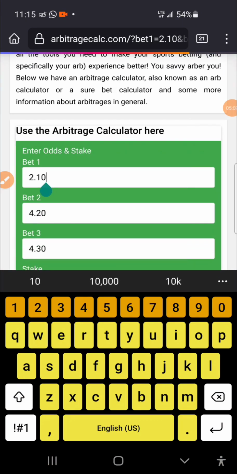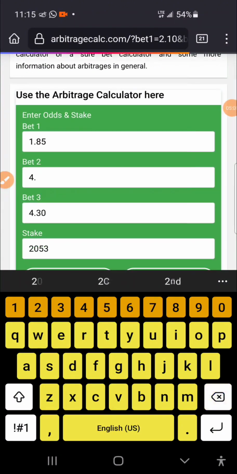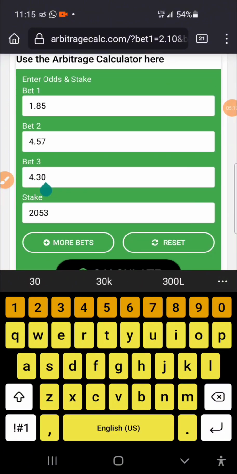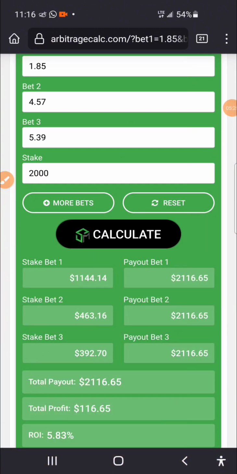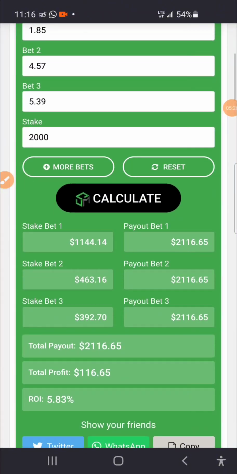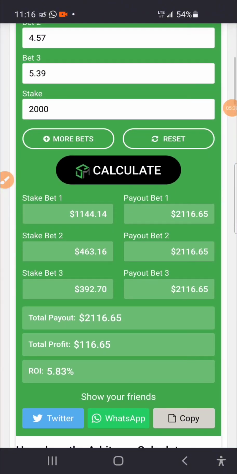Okay, so we are going to be inputting the odds. The first one is 1.85, the second one is 4.57, and the last one is 5.39. Okay, and then we are going to be using 2,000 naira to play the game. 2,000 naira, and I'll calculate. Okay, so you can see here that our profit will be